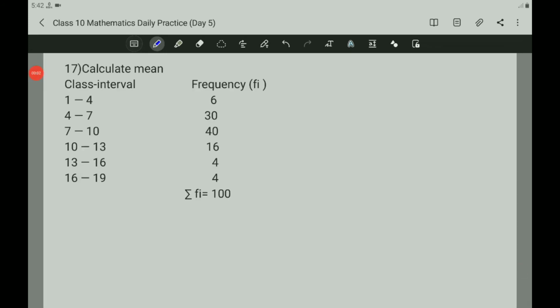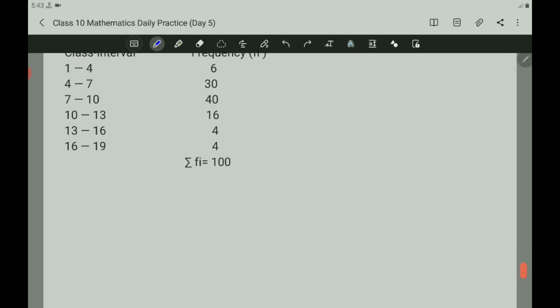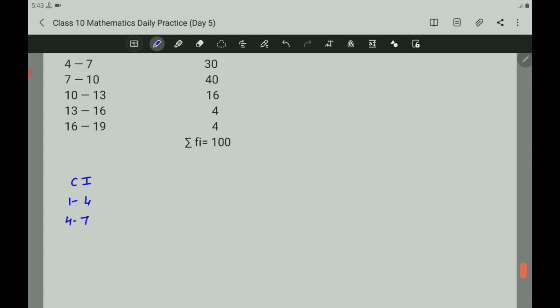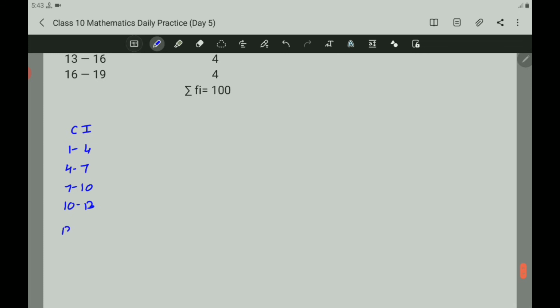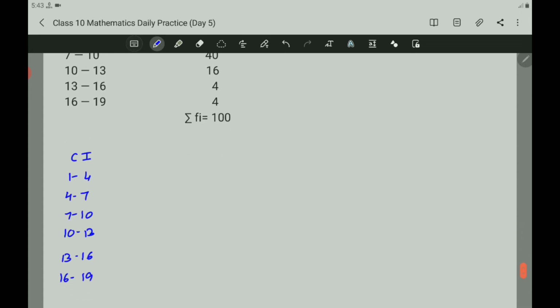Now the 17th question. Calculate the mean. Class interval and frequency are given. Now let us take the class interval and frequency. The class intervals are 1 to 4, 4 to 7, 7 to 10, 10 to 13, 13 to 16, 16 to 19, and the corresponding frequencies